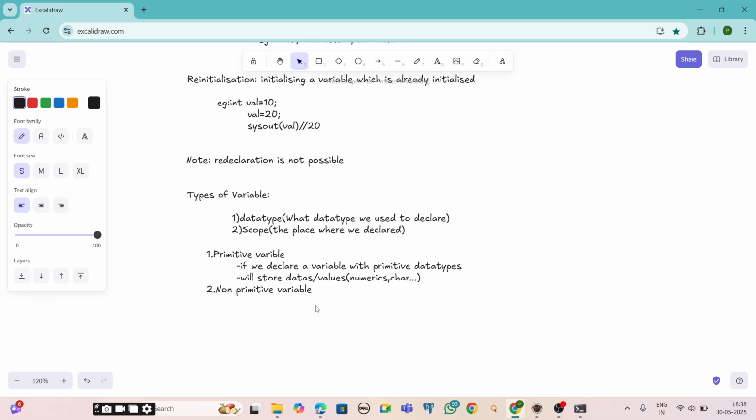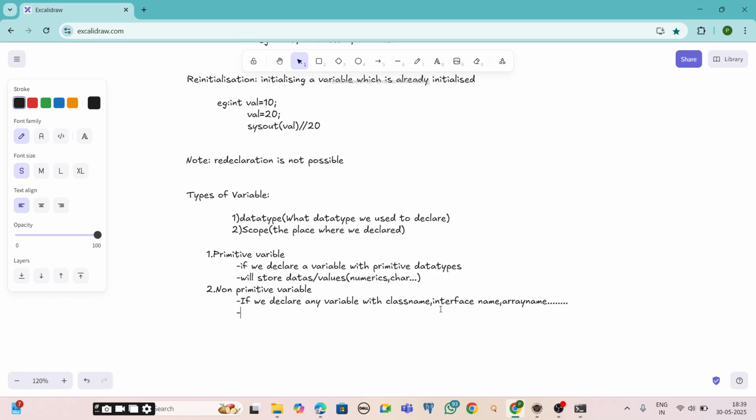Coming to the non-primitive variable. What is a non-primitive variable? If we declare any variable with a class name, an interface name, or an array name, and we have many like this, that is, if we use user-defined data types for declaring variables, then those are called non-primitive variables.